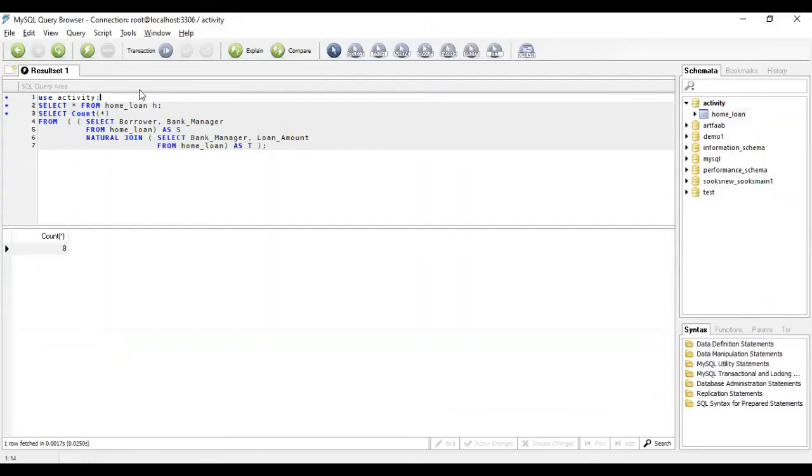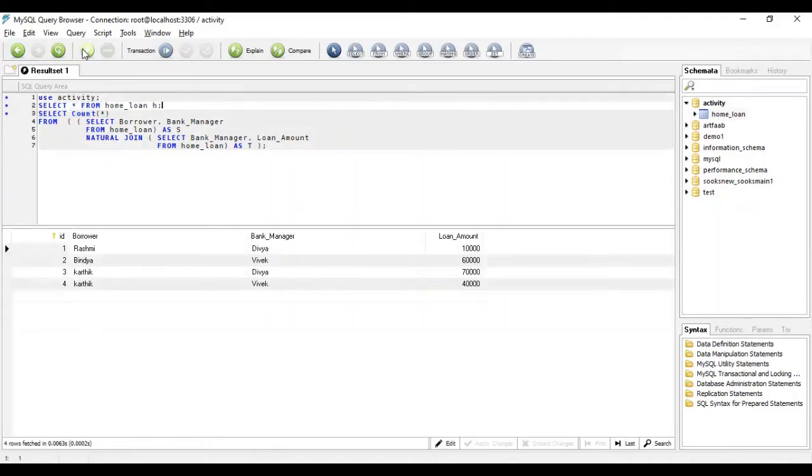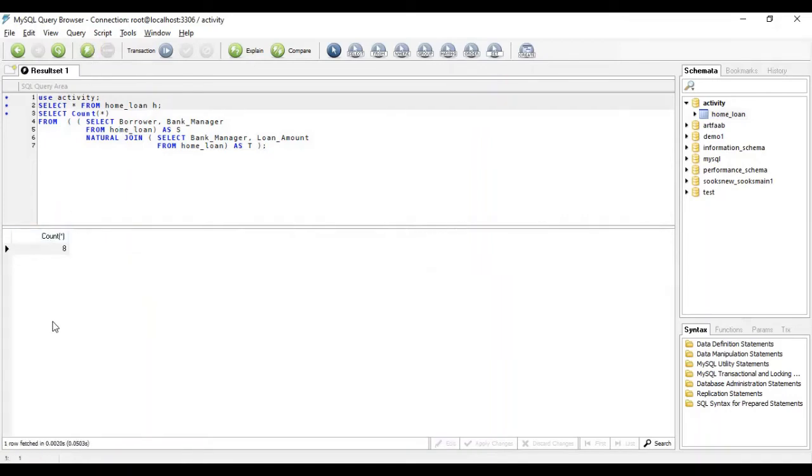Here, for the table which I've used, I use the database named activity. I'm using the database. And next, I'm just fetching the information which is present in the table. I'll just run it and show it. These are the fields which I showed in your question already, and the same fields I've inserted here. And here is the query. What will be the output of this is the question. As I said, here we'll get 8. Let's look in detail with the explanation.